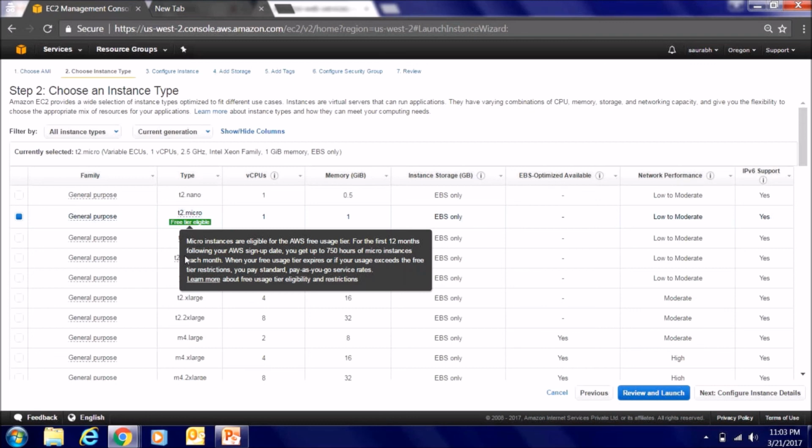For the purpose of training, we will use T2 micro, and we will say next, and we will put all these details. We'll see them in detail when we actually do it. VPC is basically a virtual private cloud. It gives you an IP range within which your servers will be launched and things like that. We will go into the details later. So I'm not launching it right now. I just cancel it.